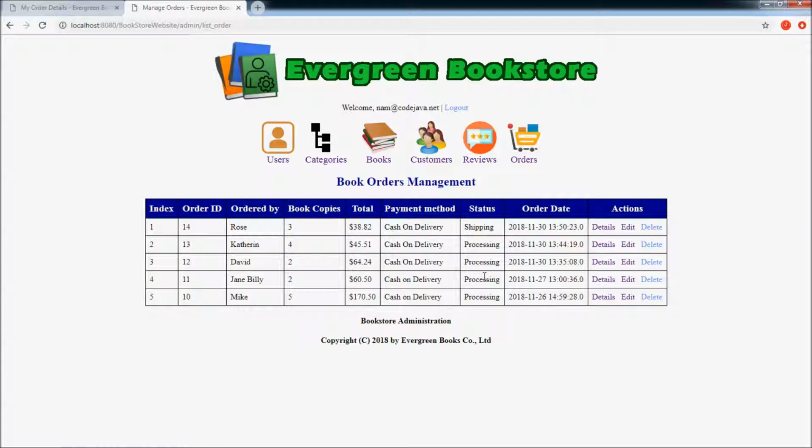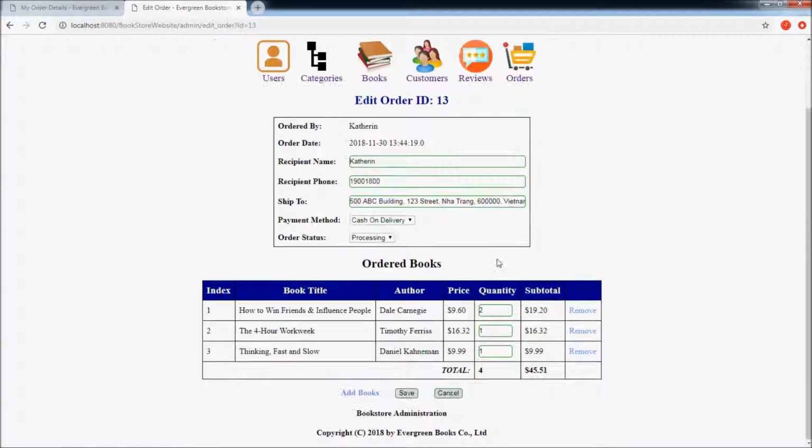now let's test another case. We update the quantities of the book for the order ID 13 here. Edit. Now we change the quantity of the book How to Win Friends and Influence People to only 1 copy.